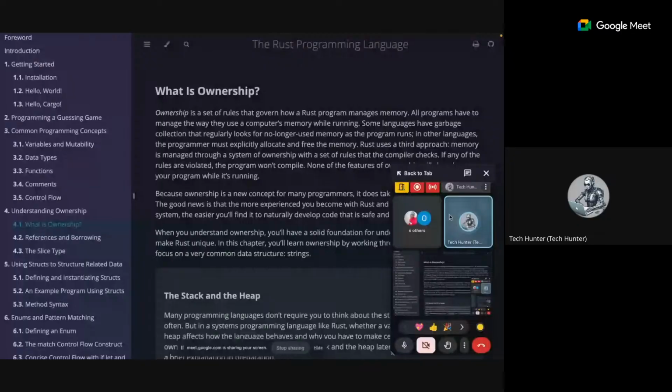All programs have to manage the way they use a computer's memory while running. And we said that Rust has no garbage collector. Here we're confirming that in the documentation: some languages have garbage collection that regularly looks for no longer used memory as the program runs. But to cut all this story short,